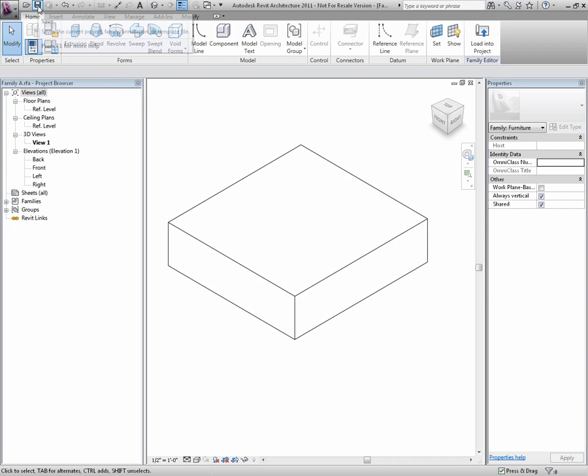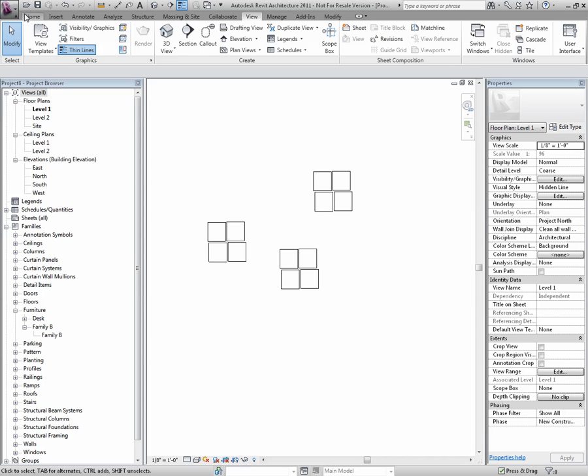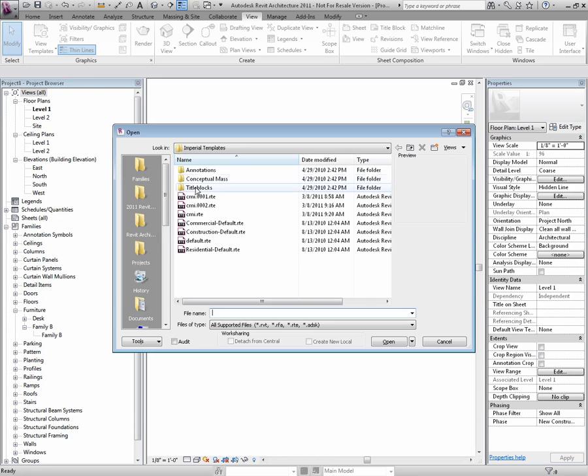I'm going to save this one more time. And of course I have to actually go back over to family B and call back in family A to basically get the newest changes. So let me close family A, open family B,